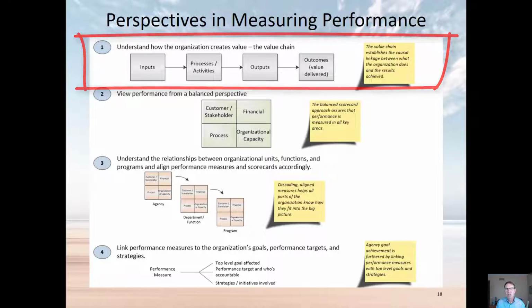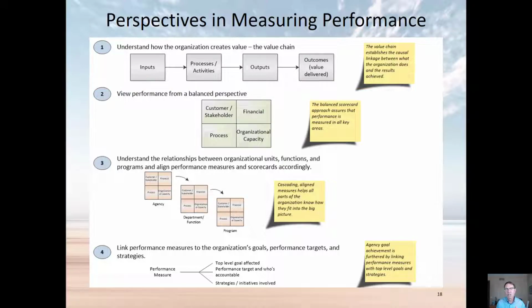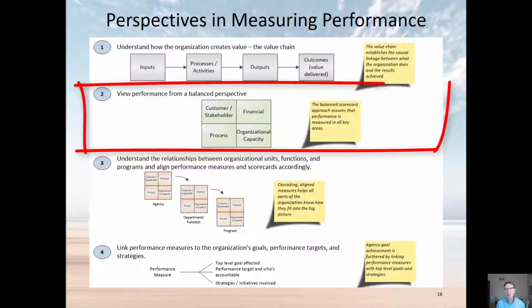But there also is what's often referred to as a balanced scorecard perspective, that the organization needs to be looking at its performance from the customer and stakeholder perspective, its process, its financial, and its organizational capacity. Those four perspectives came from the for-profit world, but also now have been applied to the nonprofit world. So you may see some of these things as a board. It tends to be a little bit more something the CEO operates.